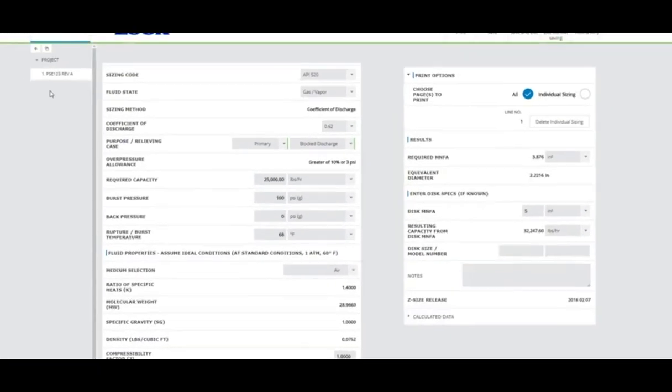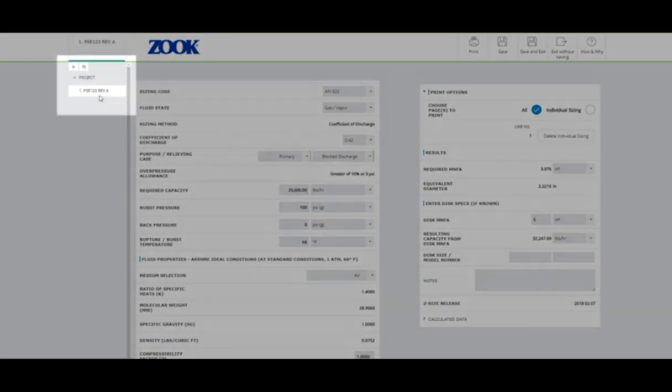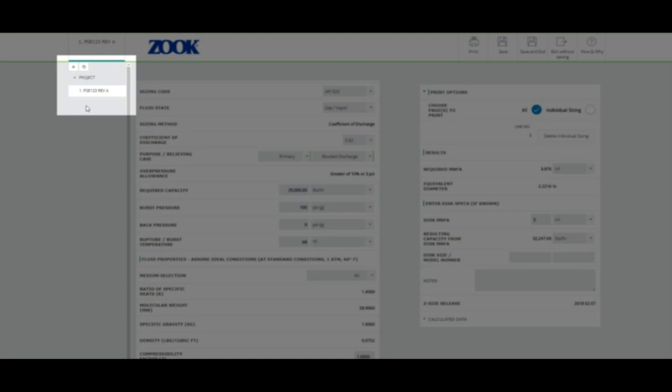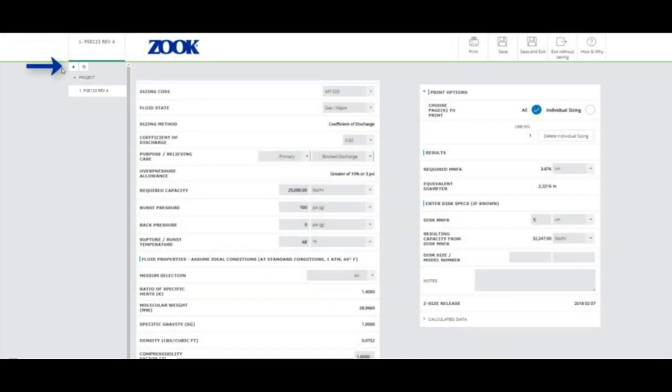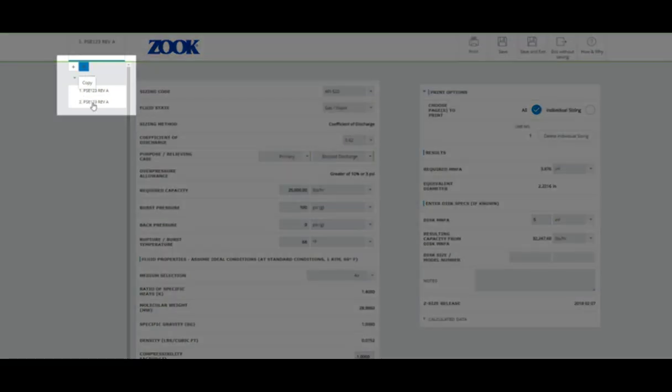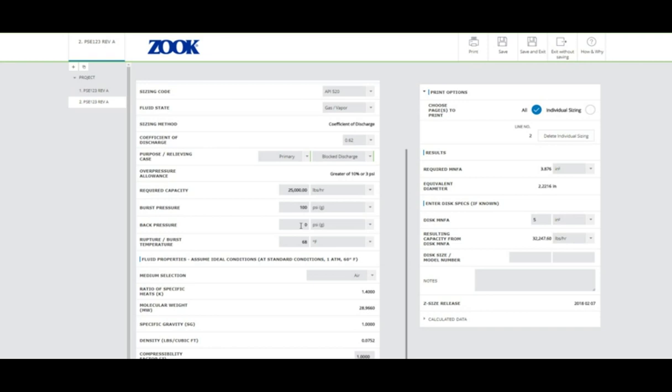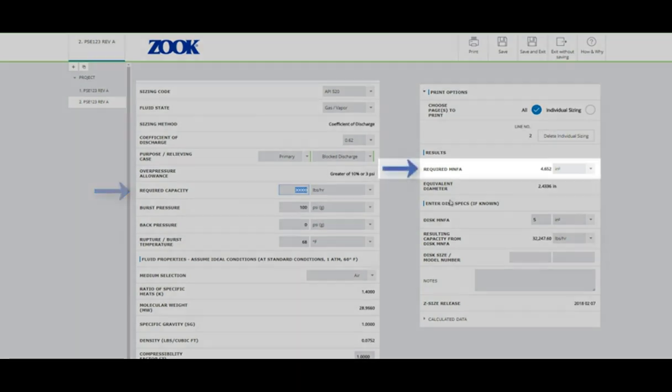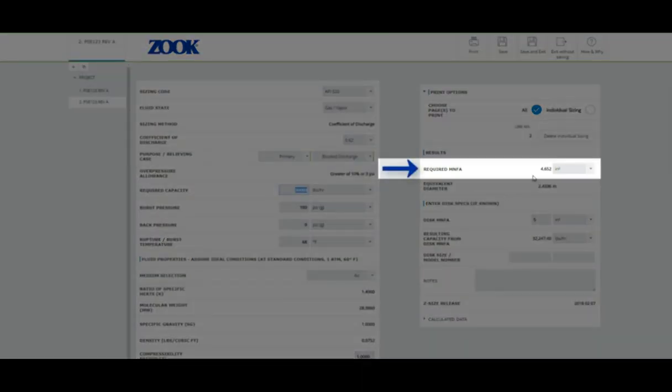Next, I'll show you how to add, copy, or delete individual sizing within a project. Over here on the left at the top, you'll see 2 icons. The first is a plus sign that simply adds another sizing to the project, and the second icon is for copying a sizing. If I click on the copy icon, we now have a line that is an exact copy of the first one. Here we can change any of the fields to evaluate the impact on the size calculation. For example, I'll change 25,000 pounds per hour to 30,000 pounds per hour, and the resulting MNFA changes from 3.876